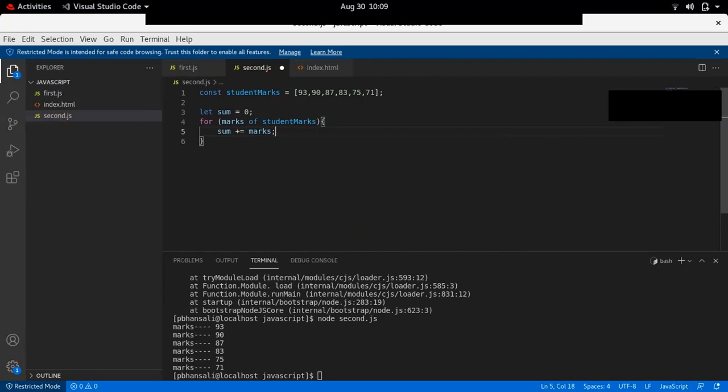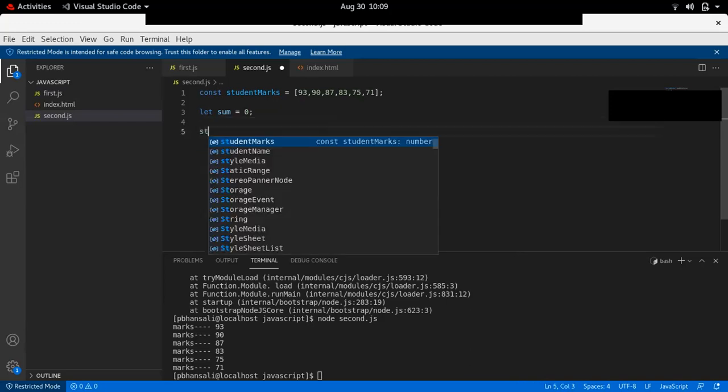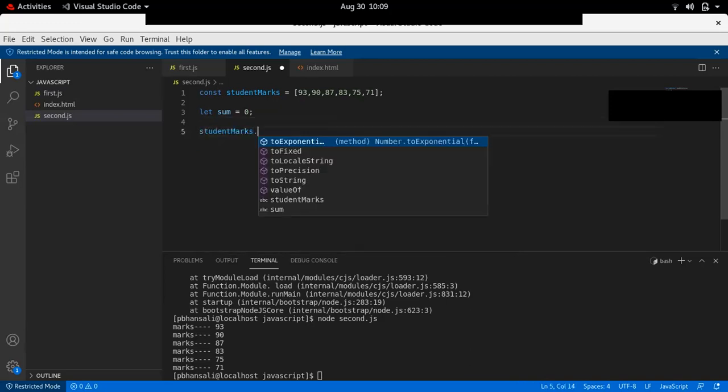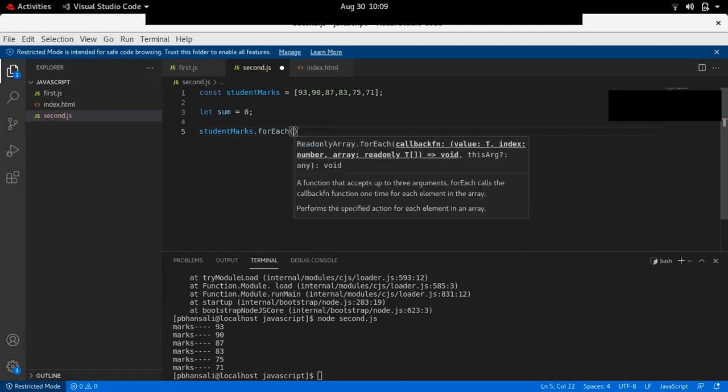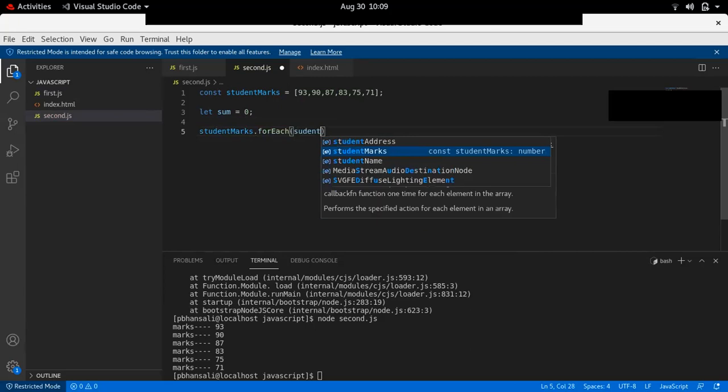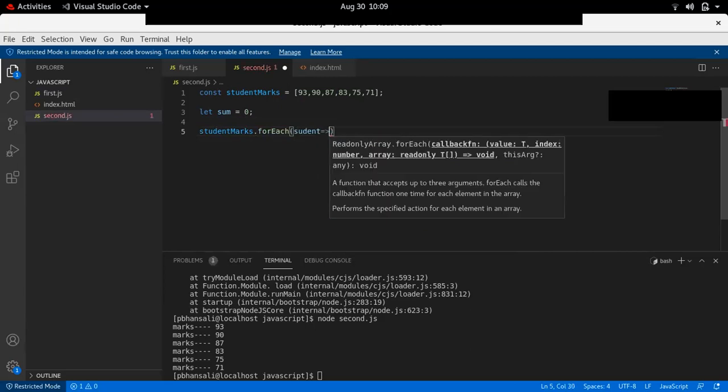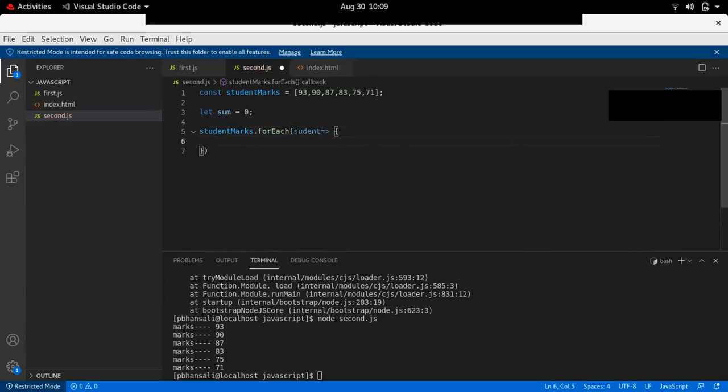Now, for iteration over an array, there are some other methods also, called studentMarks.forEach. Have you heard about this loop? Yes, it's doing the same thing as for...of. But it will take a callback function. So it will take an arrow function.